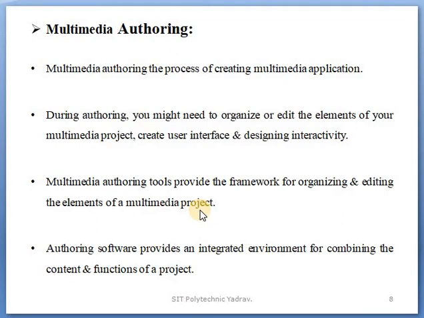A simple example is Paint. In Paint, an image is taken, first the original image. After that, using tools, we change the color or the size, etc. This is a type of editing on that image. Those are known as image authoring tools. Using those tools and frameworks you can edit the image. That is multimedia authoring.